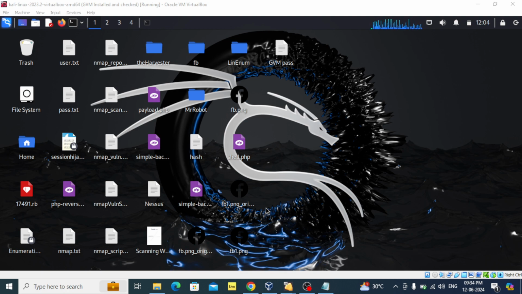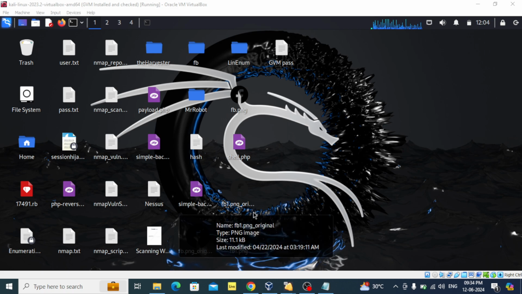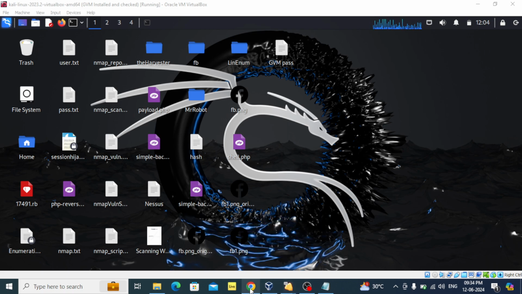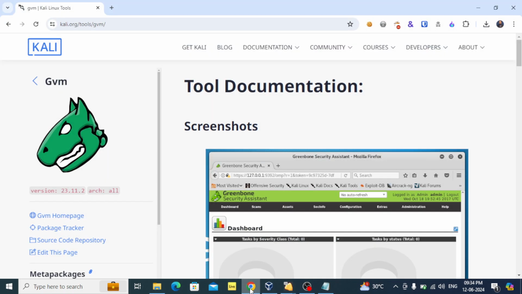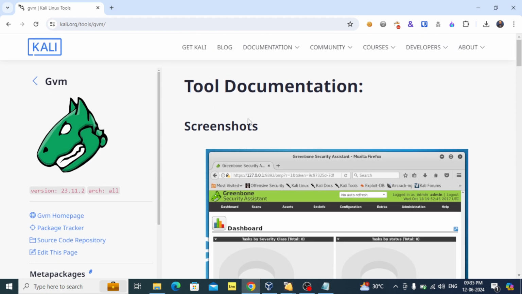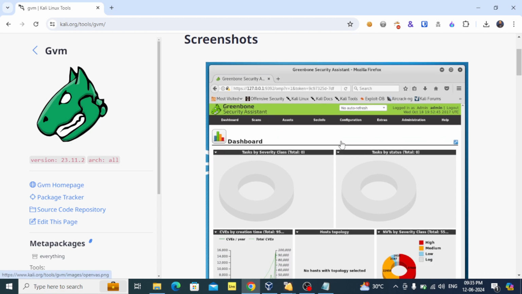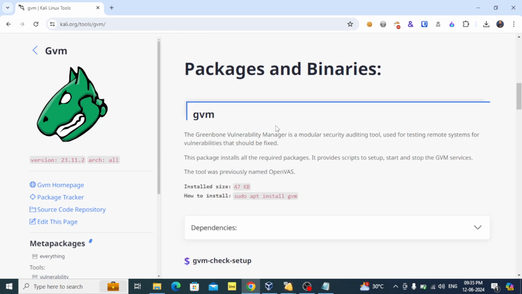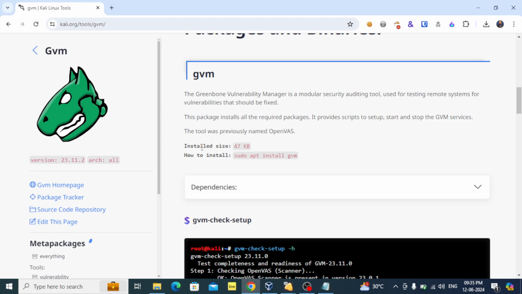In this video, I will walk you through how we can install OpenVAS Greenbone. We are going to install OpenVAS Greenbone in Kali Linux. Luckily, we have a package tool. If you visit the Kali Linux tools GVM section, in this tool documentation, you can see the screenshot here. This is how it looks, and you can see we can install